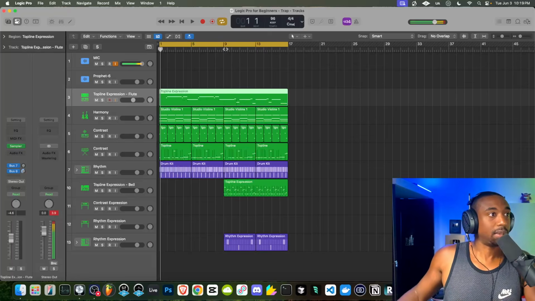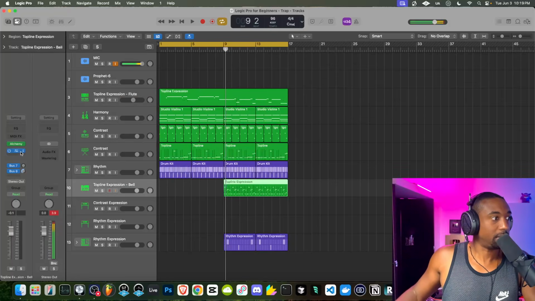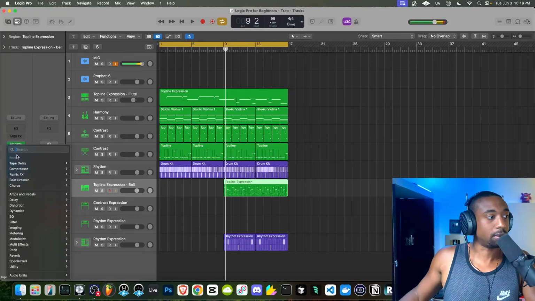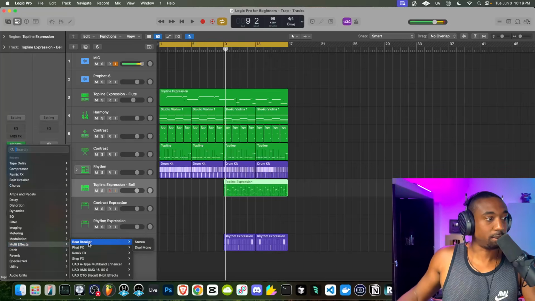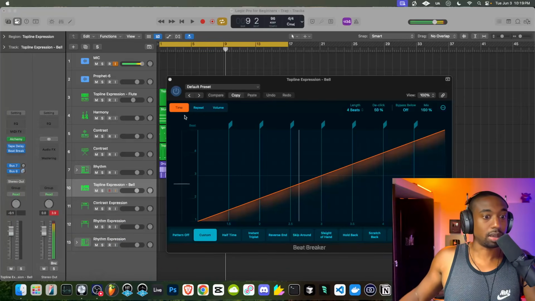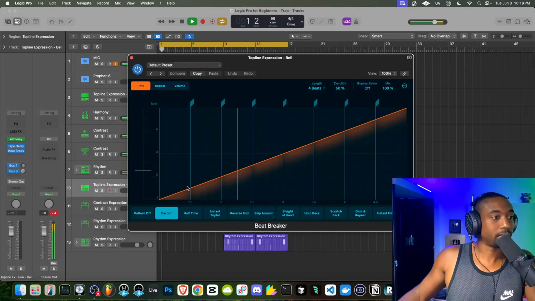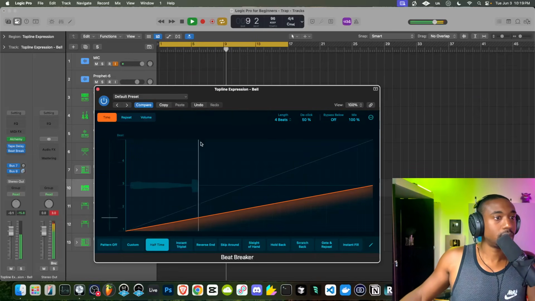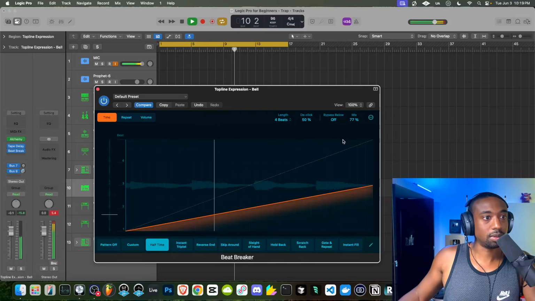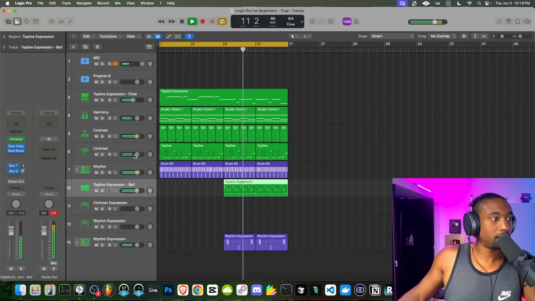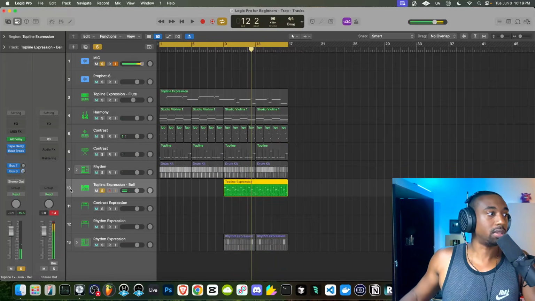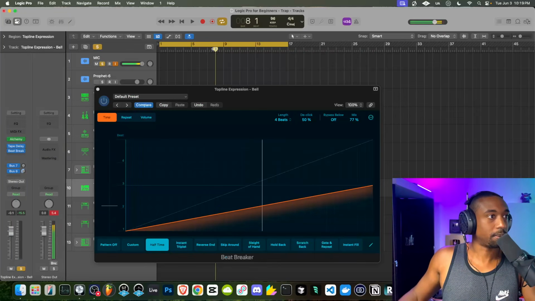Now with the top line here, with the bell sound, we can click on it. My favorite plugin here, you have to click this little area just underneath your other audio plugins to add a plugin. We're going to go to where it says multi-effects. Let's try the Beat Breaker. This is a really dope plugin for all things glitchy. Let's add that in. We can do halftime, and we can blend it in with the mix level. So now we have the regular one and then we have the slowed down one. I'll exaggerate this so you guys can hear.